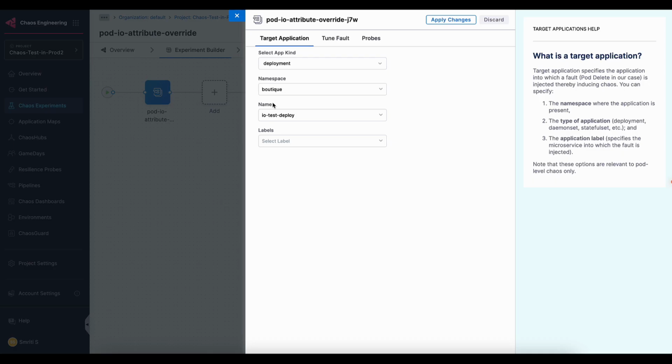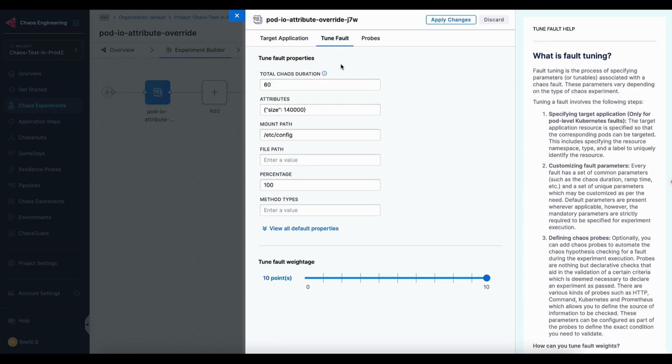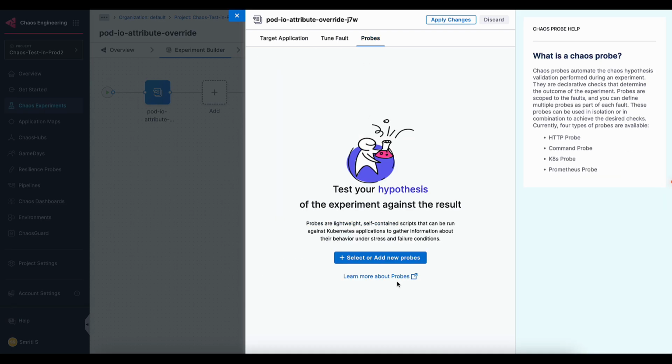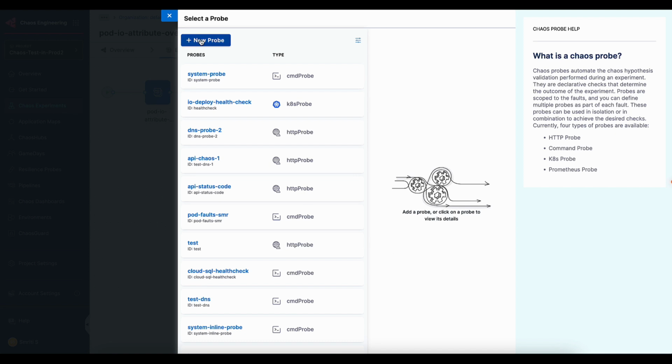which chaos is injected. Go to the tune fault modal, specify the chaos duration in seconds and the attributes. Attribute here is the size which is modified and the mount path of the volume and the percentage of pods that are affected. Go to the probes modal, select or add a new probe, click new probe, provide a name